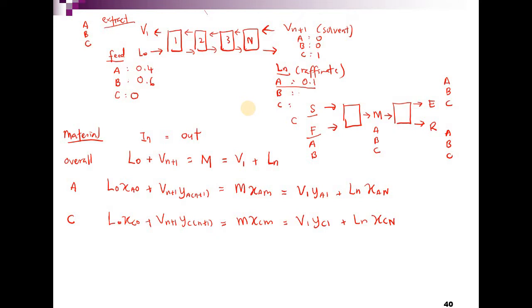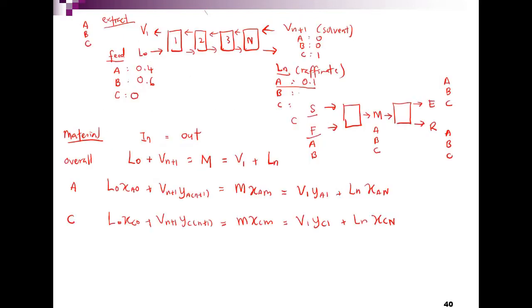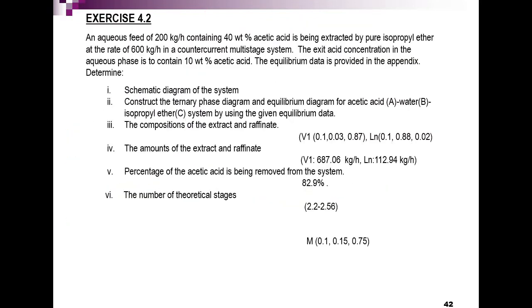We want to know how many stages are required to achieve our targeted component at the product. For that we will use a graphical method. Later on I will show you the graphical method. Okay, so if you can see the question,